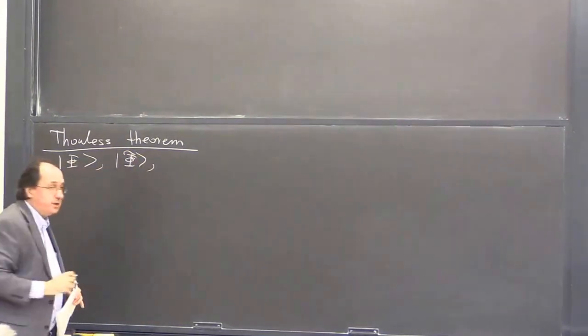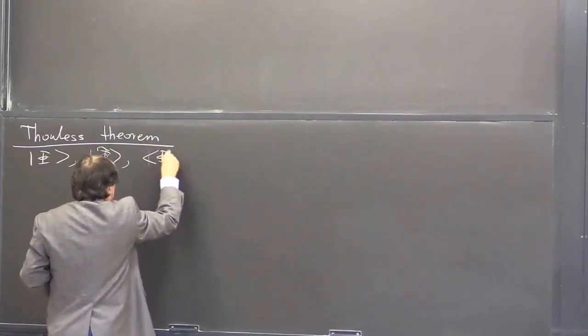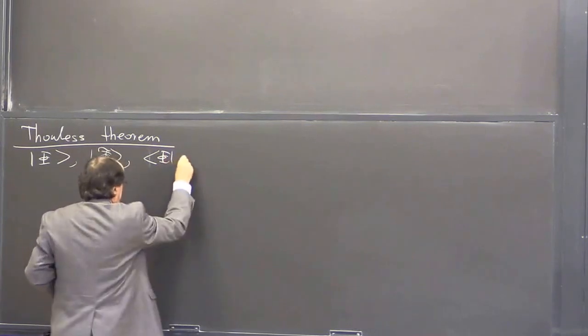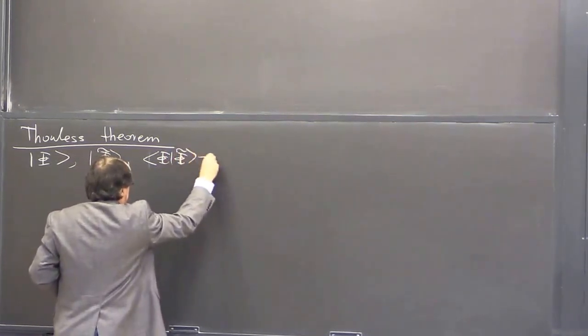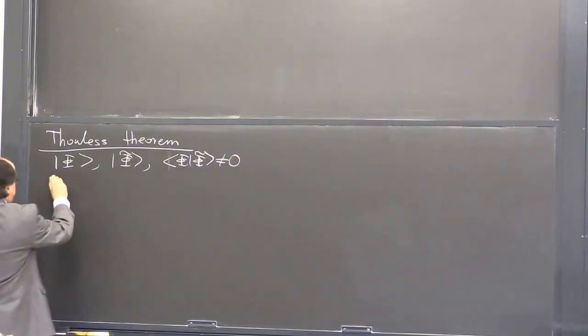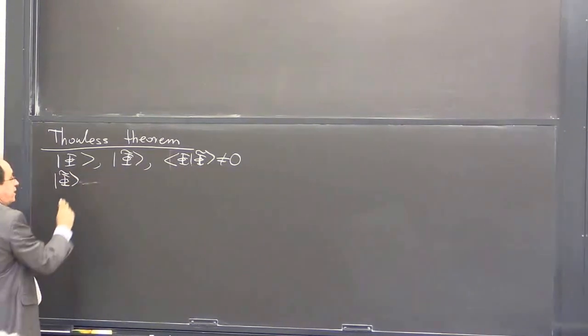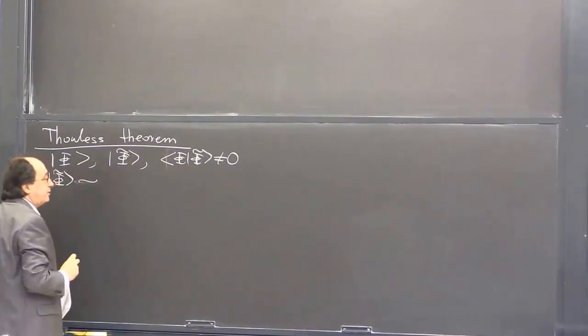And let's assume that these two determinants have a non-zero overlap, meaning that the inner product of phi and phi tilde is not zero. Then we'll be able to prove that phi tilde is related to phi as follows. It is proportional, up to some constant,